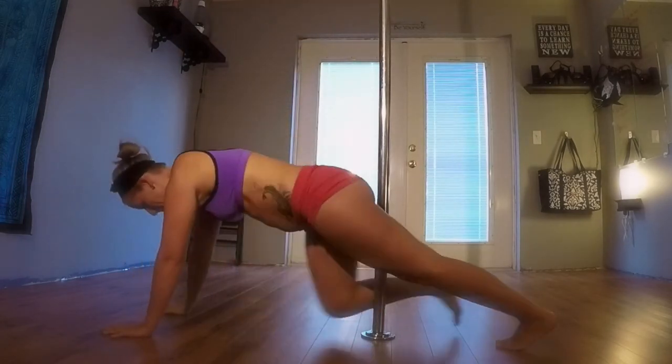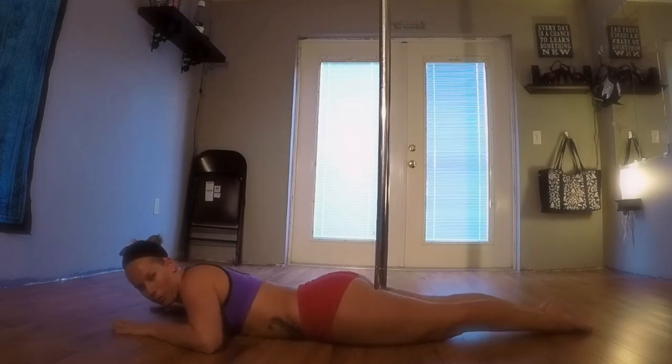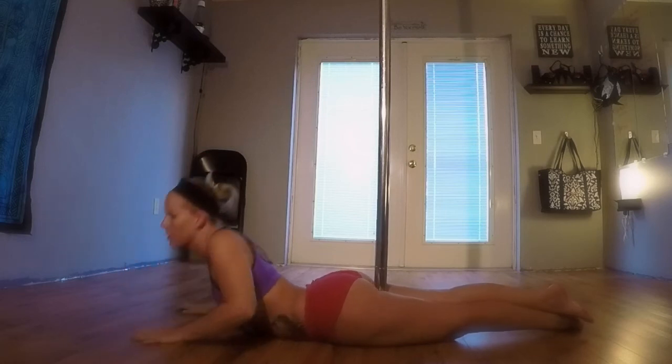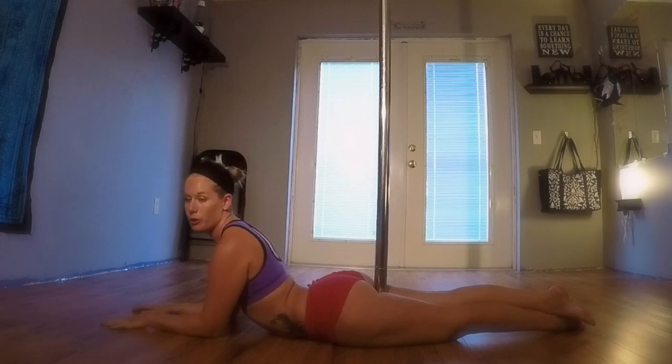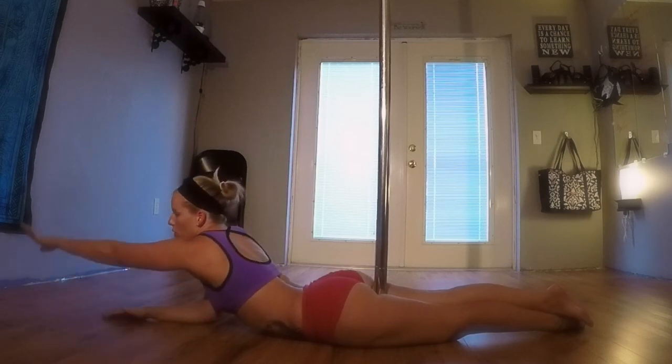Now, if you are able to hover with your legs on the pole, but you're having a really tough time grabbing the pole, it could be that we just need to work out the shoulders and make sure they're super warm. So go ahead and lay down on the floor and act like you're hovering by squeezing your legs together, maybe even crossing. You're going to go up into a cobra, and you're going to balance on one arm by putting it more centered. And you're just going to try making the big, long circle with your shoulder and your hand to grab the